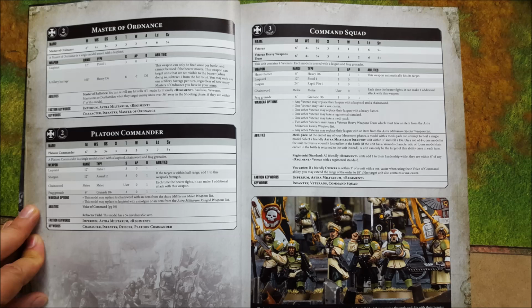Now, you can take Astra Militarum melee weapons. You can swap the pistol with a shotgun or an item from the Astra Militarum ranged weapons list. So you can still use your bolt pistols, your bolters, and your plasma pistol guys. That's brilliant. Abilities: Voice of Command, so we can do one order. And Refractor Shield. Yes, Refractor Shield is back on the Junior Officer, 5+ invulnerable save. Guys,